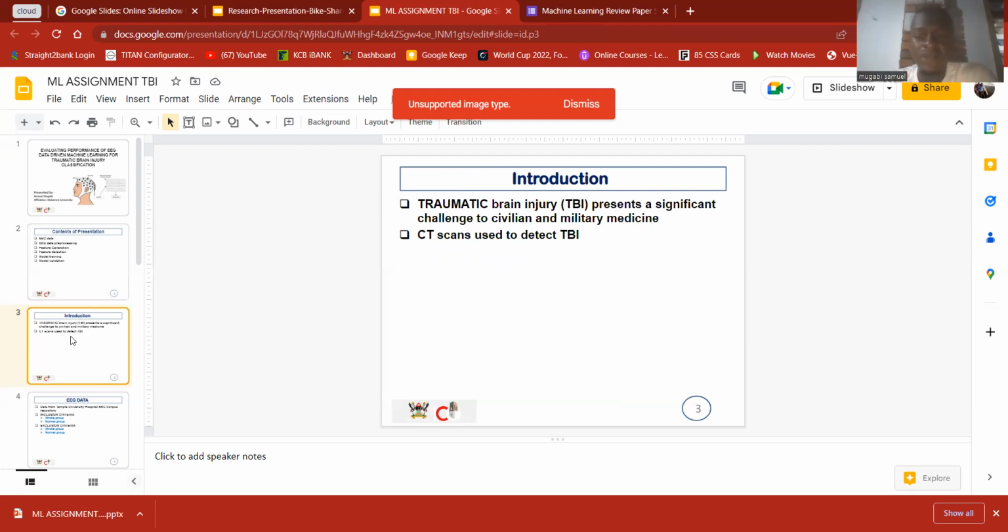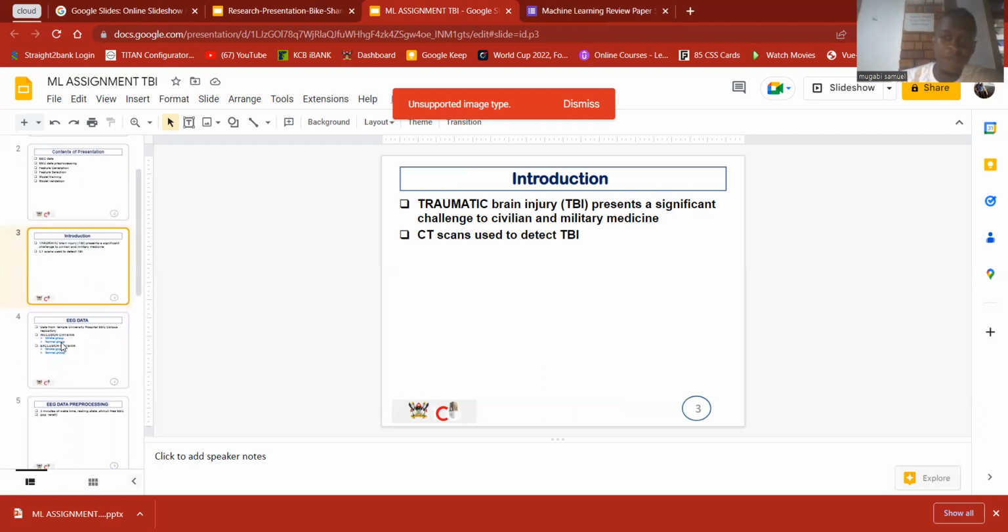Now, these traumatic brain injuries, they've been tried to diagnose using CT scans, but unfortunately, CT scans are not so sensitive like the EEG. They are not able to detect mild traumatic brain injuries. So someone might be diagnosed normal, and yet they have a mild traumatic brain injury using the CT scan, which causes a problem because someone will think they are normal and hence will not go for treatment. Unlike any other disease, the earlier it's detected, the better for the person.